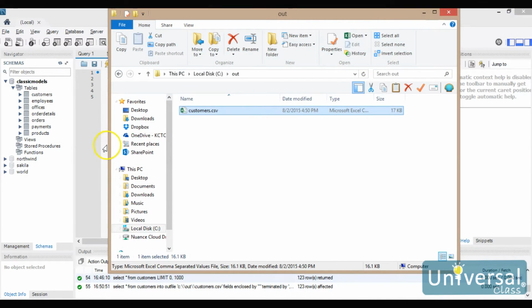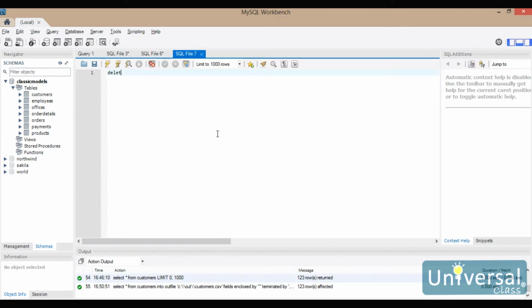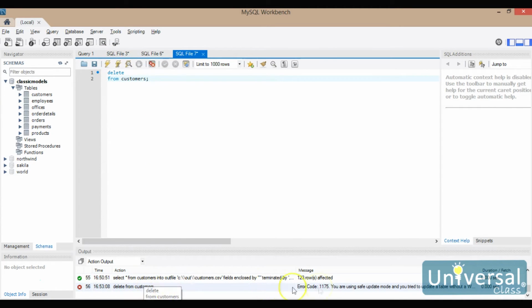So we have our CSV file, and now if I wipe out everything that's in the table, I have a backup copy of it. So let's do that. We're going to delete everything that is in the customers table. So I'm going to delete from customers. Now the catch is if I try to run this, I'm actually going to get an error message, and I'll show you why. Okay, so what it's telling me is that I am in safe update mode, and what safe update mode means is that I can't delete something unless I specify a key column, and this is a protection in the system to prevent me from accidentally deleting something,